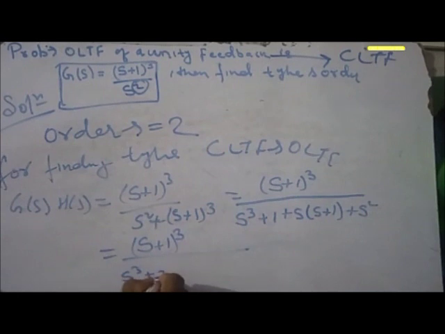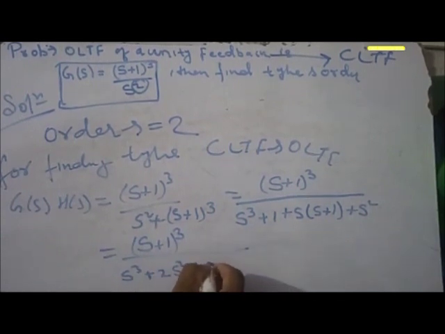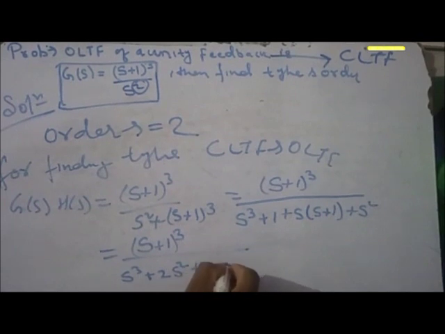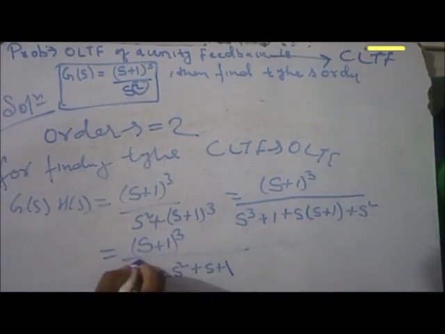Total number of poles in the open loop transfer function. Okay, so total number of poles, and what is the type? It is nothing but the number of